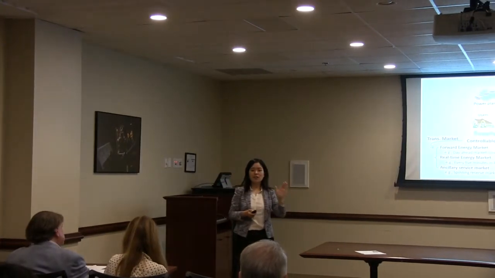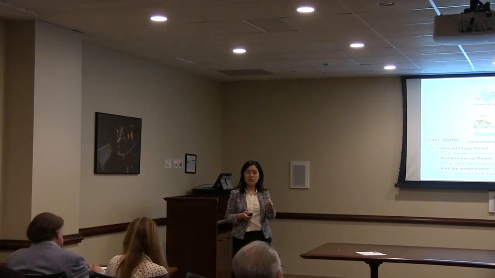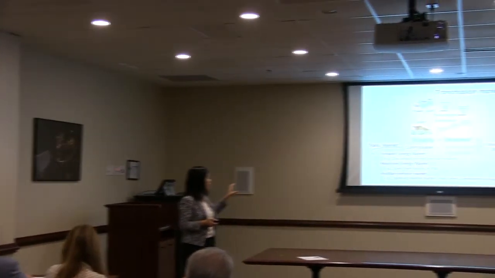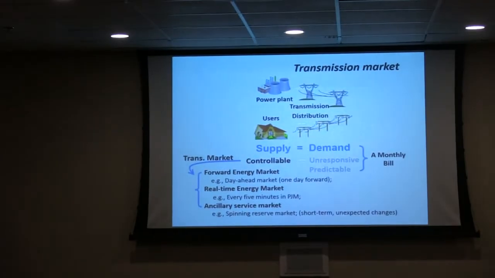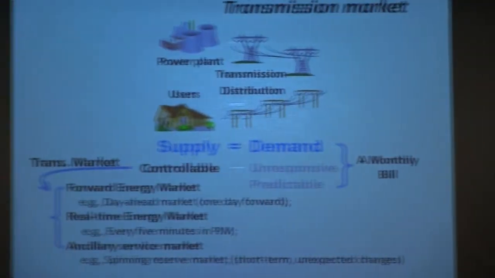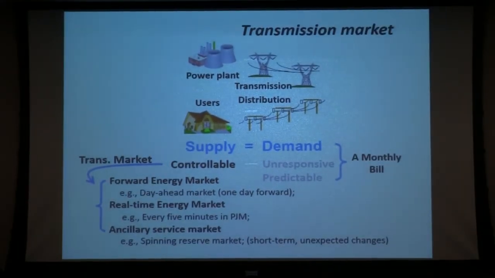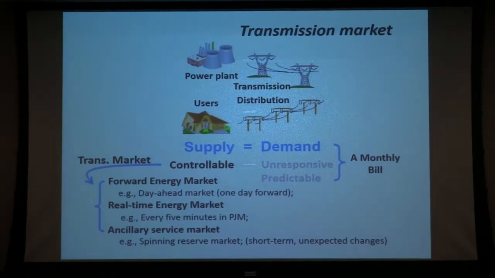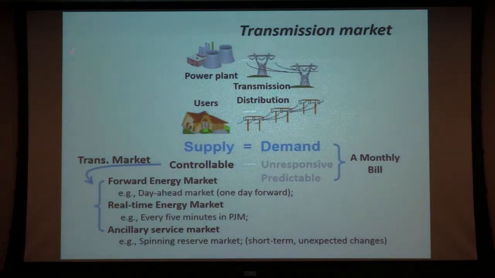But in this talk, I'm going to focus on the distribution, the small user part. A lot of the math I'm going to talk about is borrowed from what is already implemented in the transmission market, and addresses the new challenges in the distribution network. But even for the transmission market, like what John was asking, there are still a lot of problems, and people are still trying different market rule implementations to see which one is better and whether we can improve it. It's still a complex story.